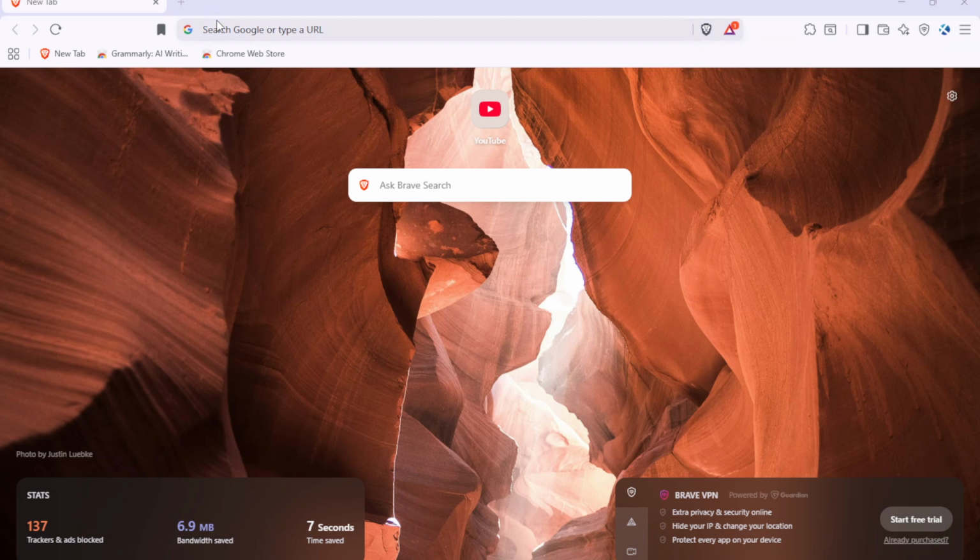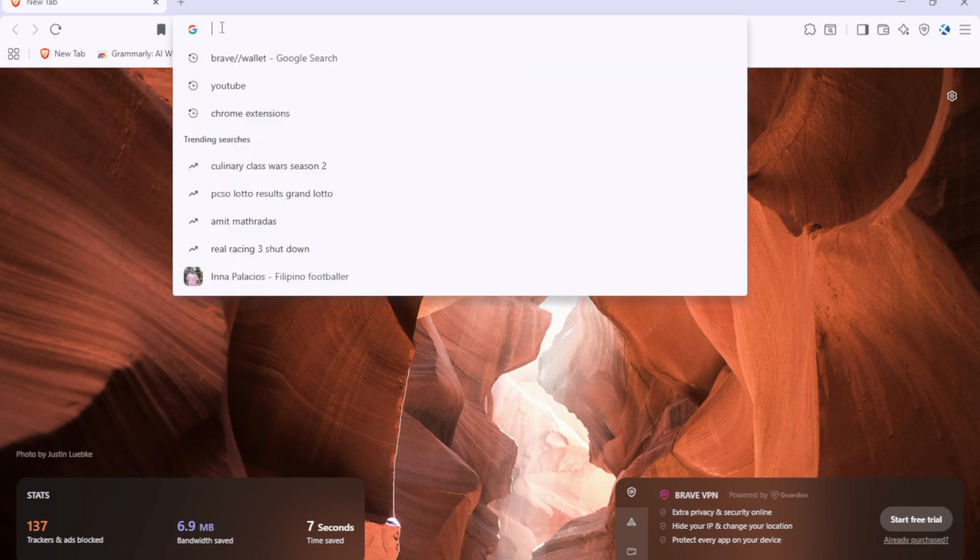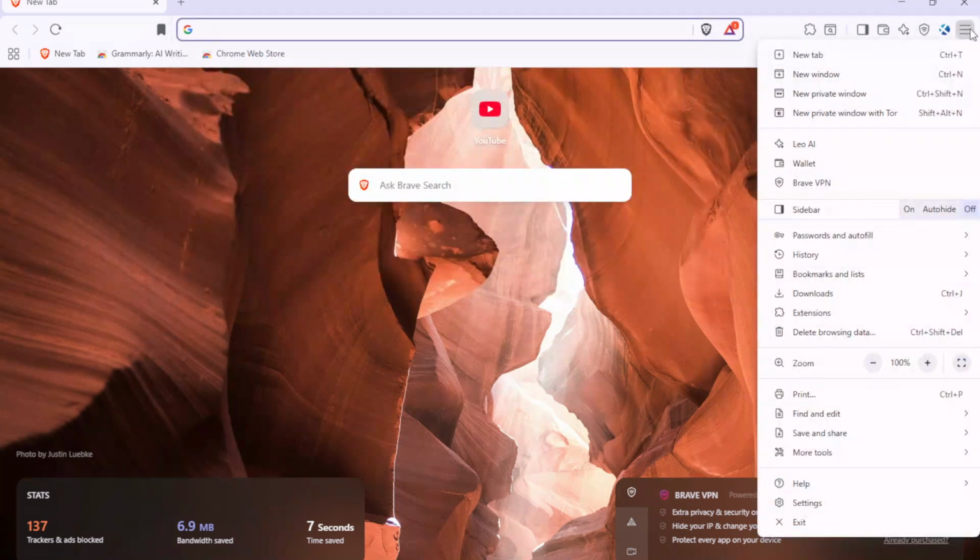Type Brave/settings/shields and press Enter. This takes you straight to Brave's Shield settings page, where Brave controls a lot of its privacy and filtering features. Once you're on the Shield settings page, take a moment to scroll down until you find